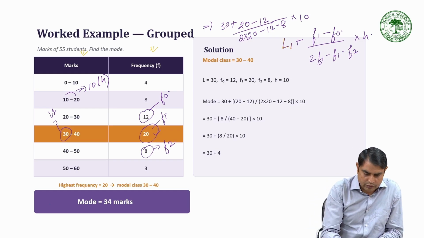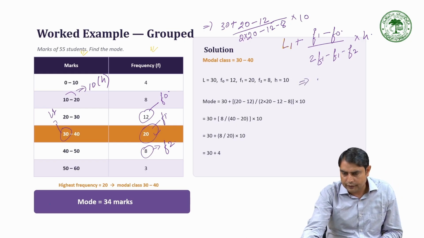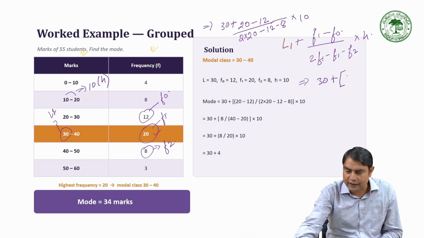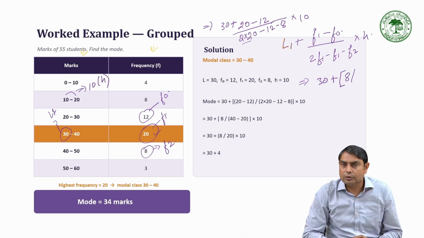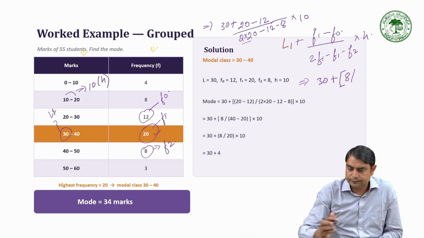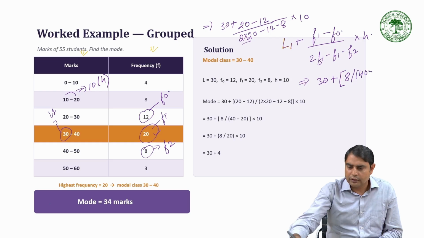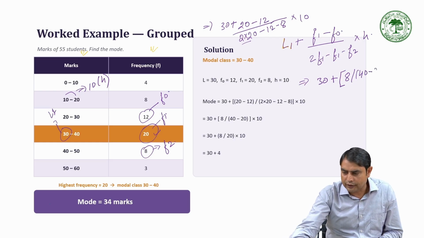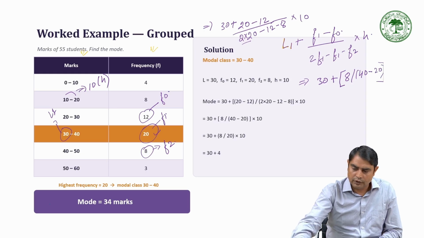To get the final solution, you take 30 plus 20 minus 12, which is 8, divided by 2 times 20, which is 40. 40 minus 12 minus 8 is 20, into 10,